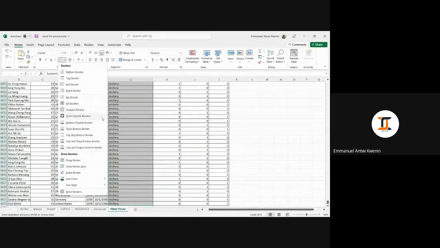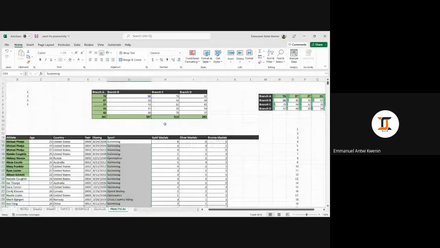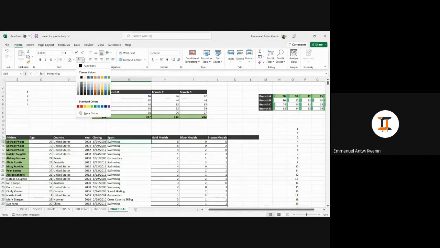If you apply a border and you don't need a border, you can select the data as well and then come back to no border. It will clear all the borders in the selected cell. So you realize that as I click no border, it has removed all the borders that were applied to this particular range of cells. And then we have the font color that determines the color of the fonts you are